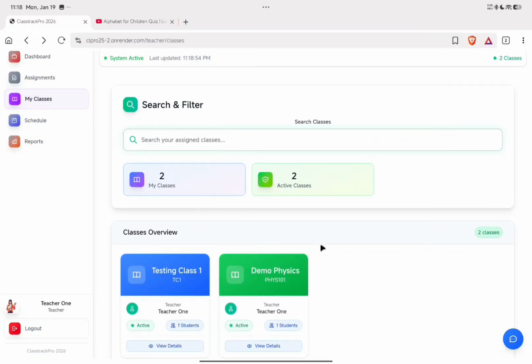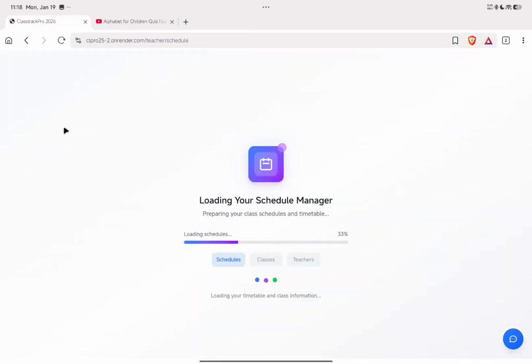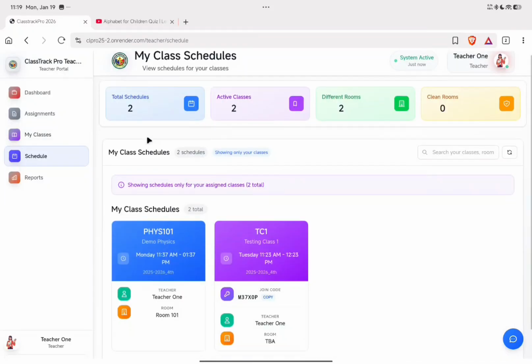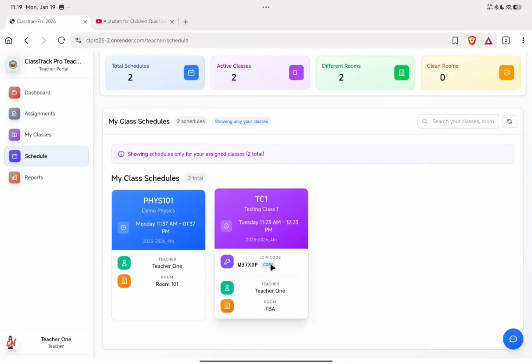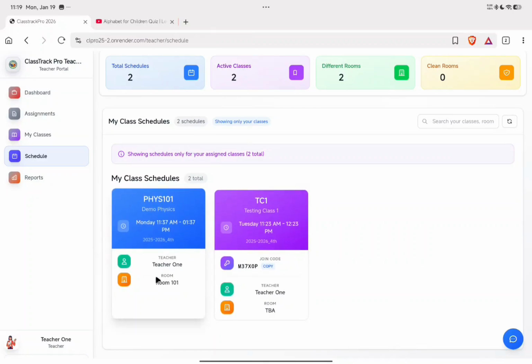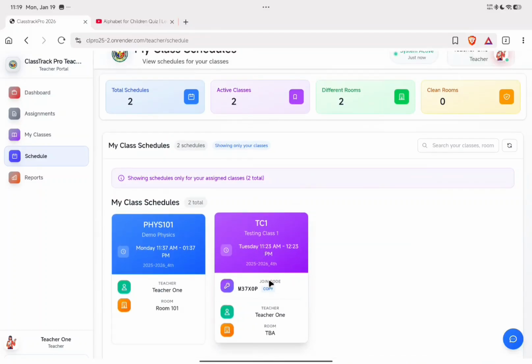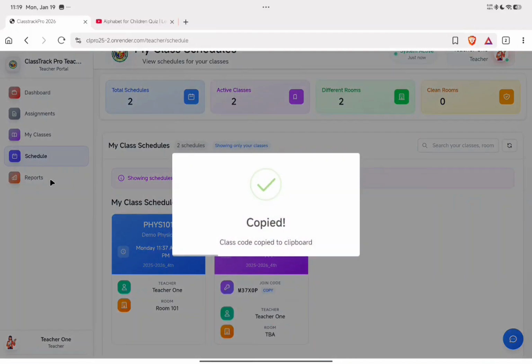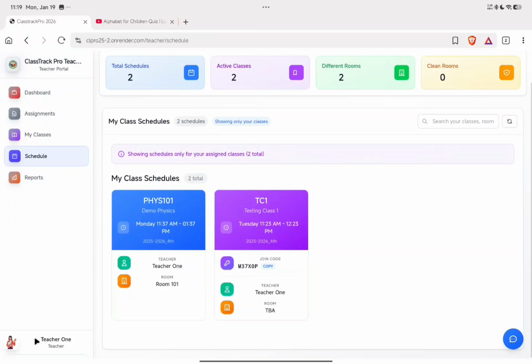For the fourth module, which is the schedule, we have here the My Class Schedule panels where we can see widgets for each of the classes that the teacher has. So what we are going to do here is copy the code that we will be using later for the student portal. So now we will be navigating to the last module,